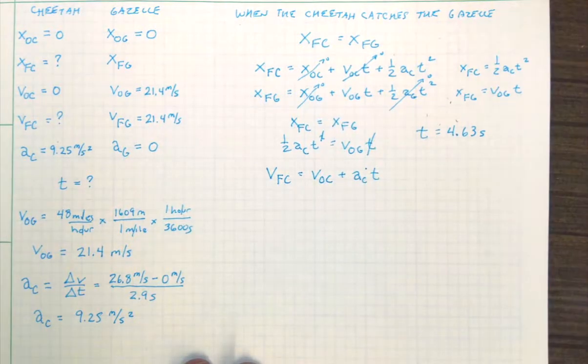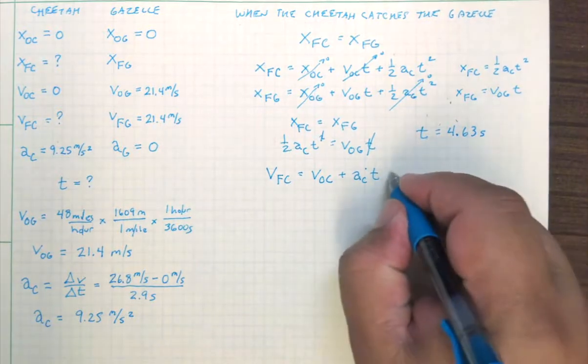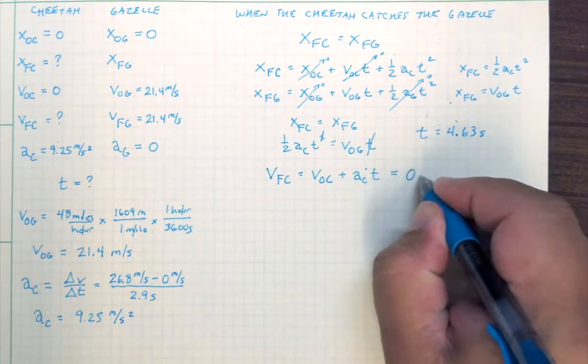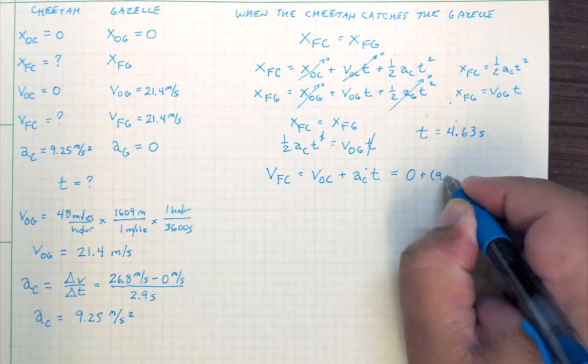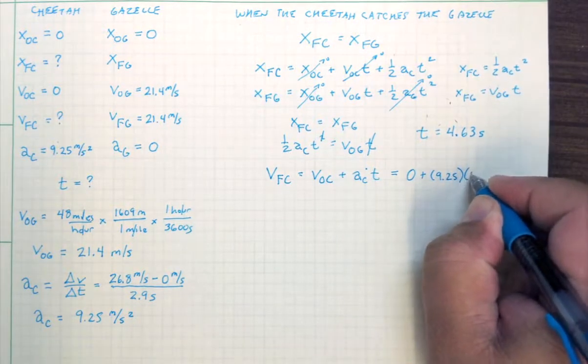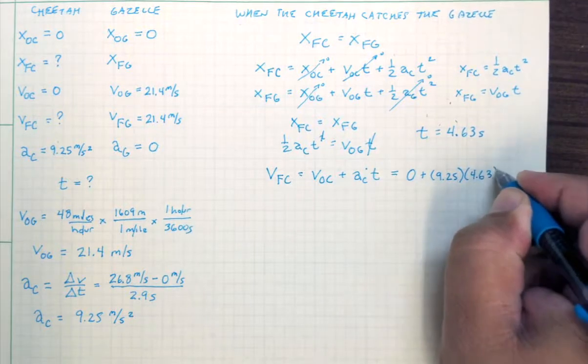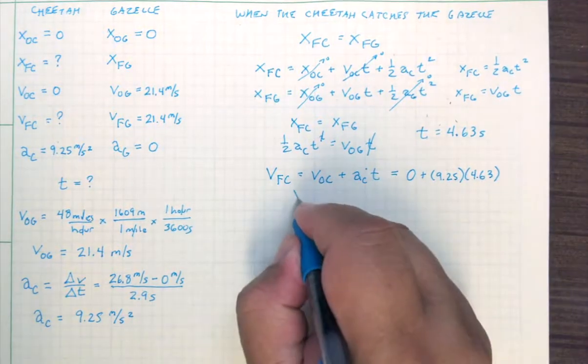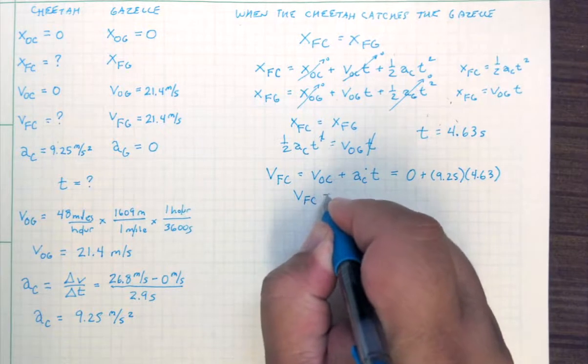Notice again, I'm still using those subscripts, so I keep the cheetah's data separate from the gazelle's. The initial velocity of the cheetah is 0. The cheetah's acceleration is 9.25 meters per second squared, and the time of the chase is 4.63 seconds. This gives a final velocity for the cheetah